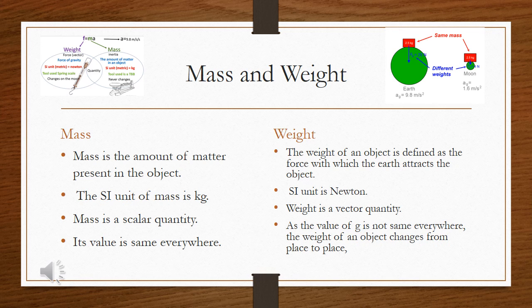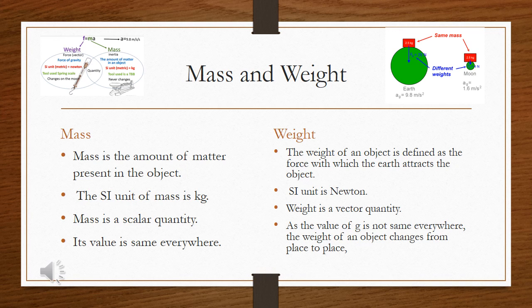Let us know the difference between the quantities mass and weight. You can just observe the figures given on the upper side, left and right side. First, on the right side, suppose there are two blocks having the same mass, and one block is put on the earth and one is put on the moon. Then they contain the same mass. That means mass remains the same. It is a constant on earth and on moon also. But if we take the weight of that block, then it will be different on the moon and on the earth, because the value of g is different on the earth and moon.